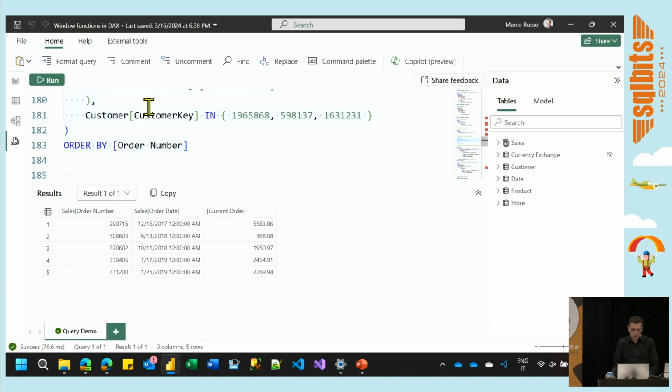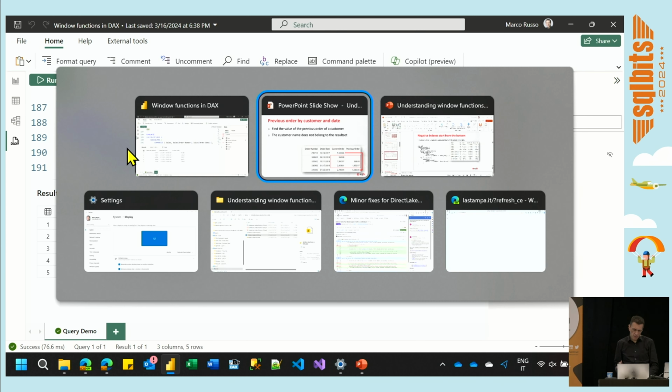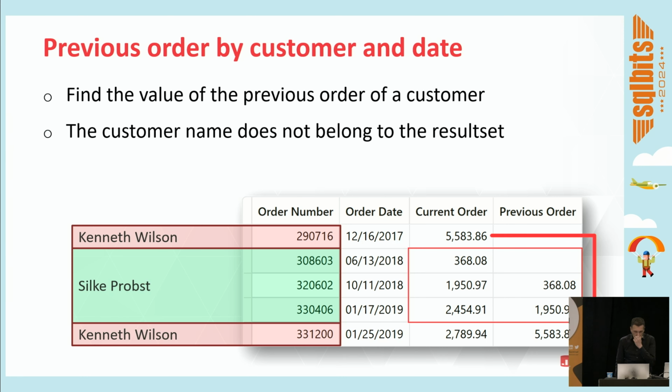So the next step is that we go, let me go back to the slide 1 second. So the slide shows the hidden information, right? Each order has a customer. There are 2 different customer keys for the first and the last order, but in reality, they belong to the same customer name. And so when you look at the order that you see at the bottom here, this order should retrieve the value of the previous order by getting the value of the order that has a previous order date or the previous number. Makes sense so far? So this is what we want to do. Now,